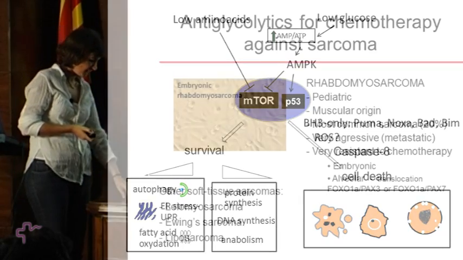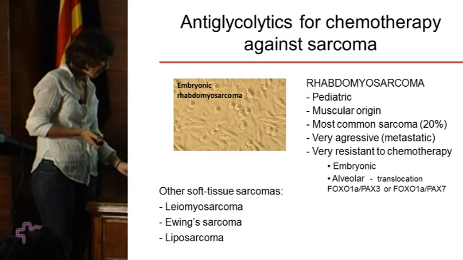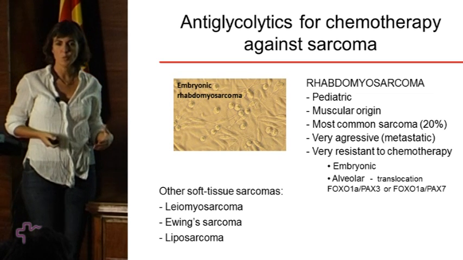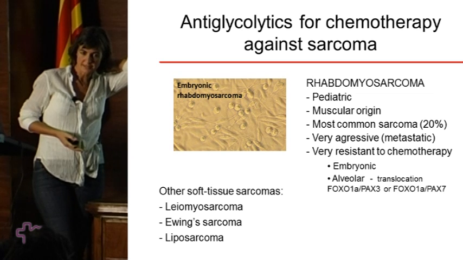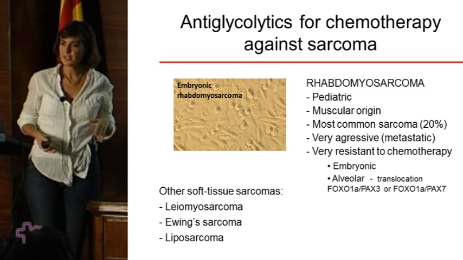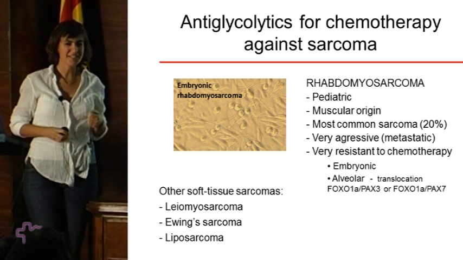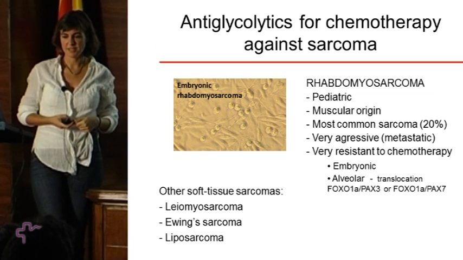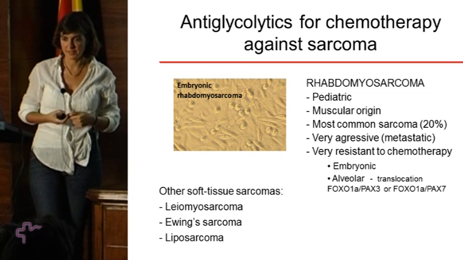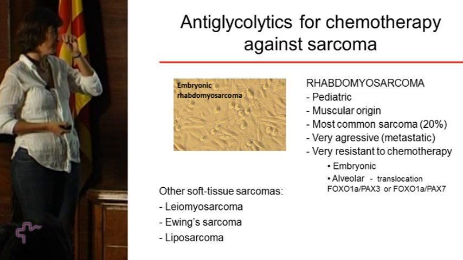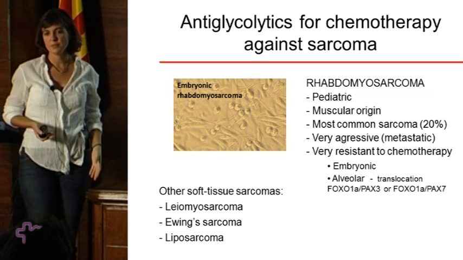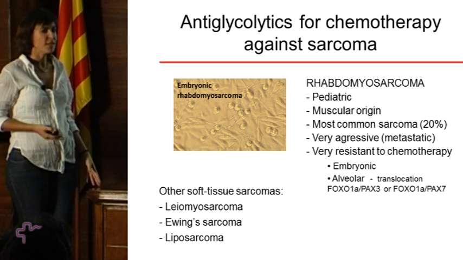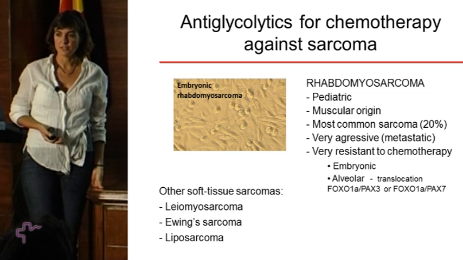Now in the second part of the talk, I'll talk about the more recent work, which is trying to understand how tumor cells die when we give them a glucose analog that doesn't allow them to do glycolysis. It's not the same thing, especially we know now, to deprive glucose as to administer something that competes with glucose and that inhibits glycolysis. I'll show you what we know about this. But especially we don't want to remove glucose from a patient because that's kind of complicated. But we can give patients anti-glycolytic drugs such as